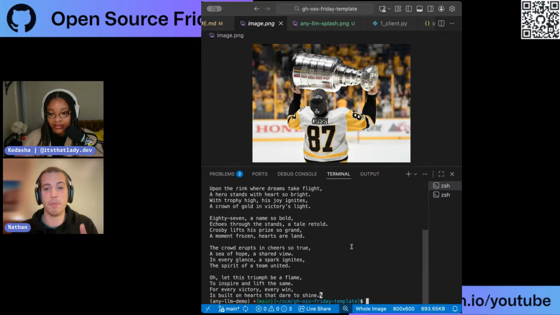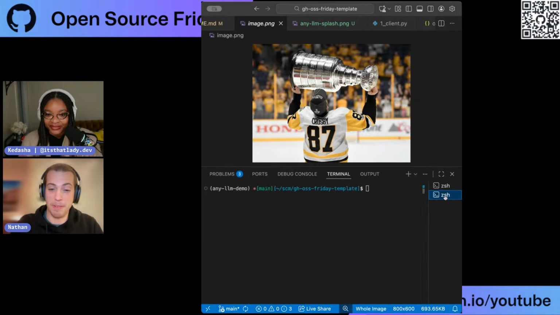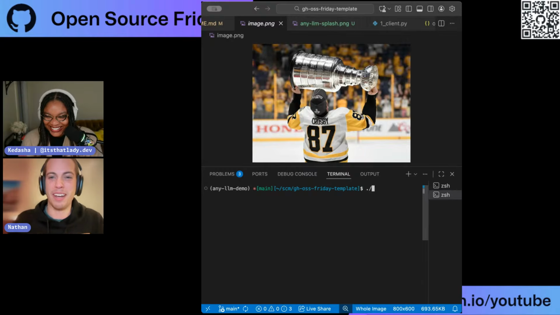But what I think would be even more exciting is if we didn't use the cloud, if we just sent it to a model running on my computer. And now is where things are going to get really hairy, because I'm going to do the dumb thing of trying to run this LLM on my laptop while streaming. And we're going to see how this goes. So if I just freeze and I leave, then you'll know that Mozilla.ai needs to buy me an upgraded MacBook Pro.